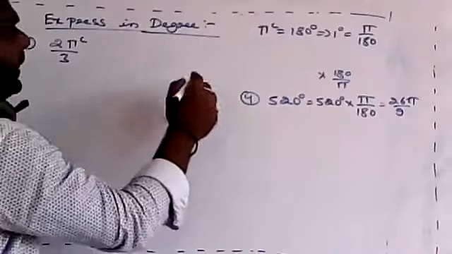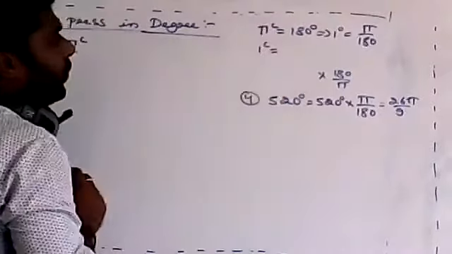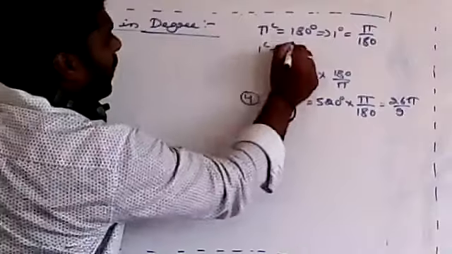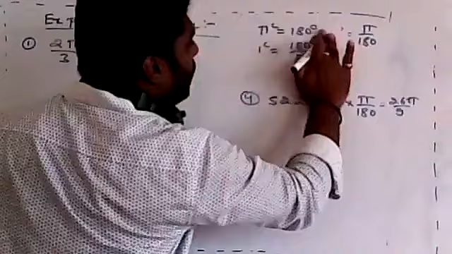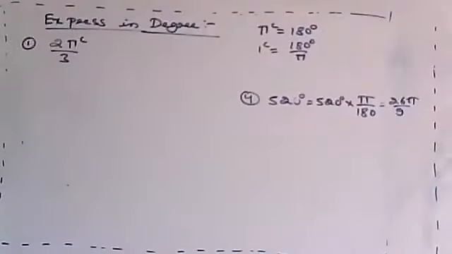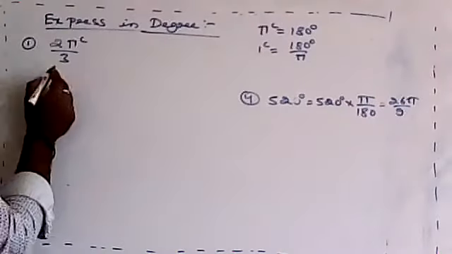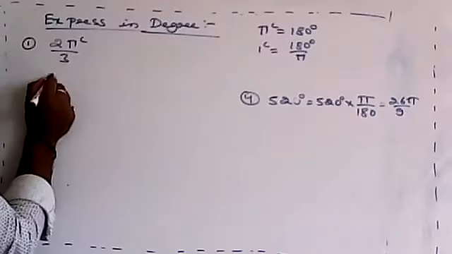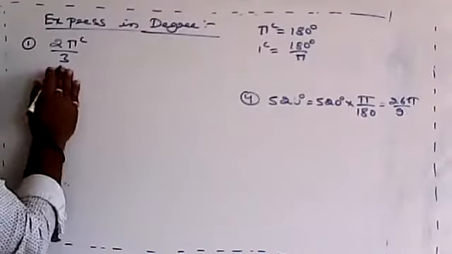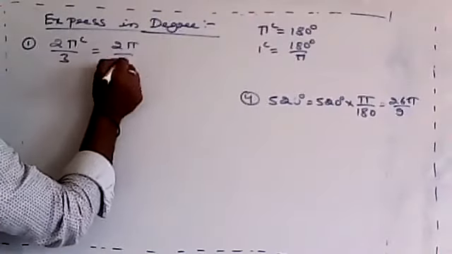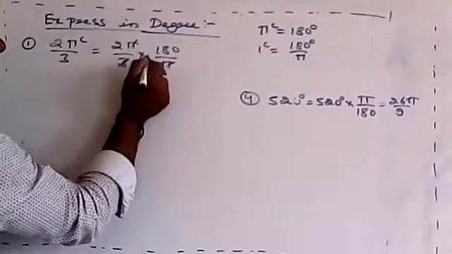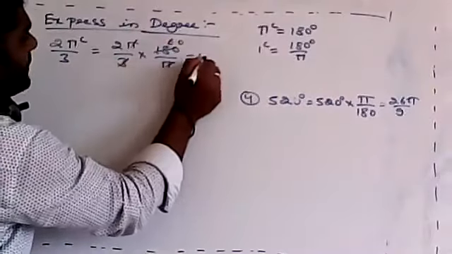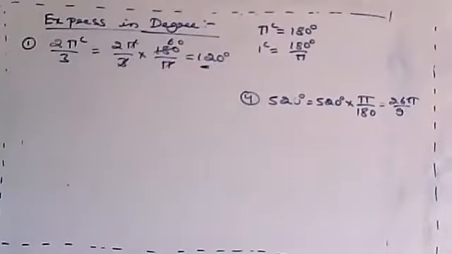Correct. Now, what do you have to write? I have to write 1 radian is equal to, what is 1 radian equal to? 180 degree by pi. It means here I am going to multiply by what? 180 by pi, remember. So 2 pi by 3 into 180 by pi. So both pi get cancelled, 3 ones are 3, 3 twos are 6. The answer is what? 120 degree. Good, Anirudh. Good, Shravan. Okay.